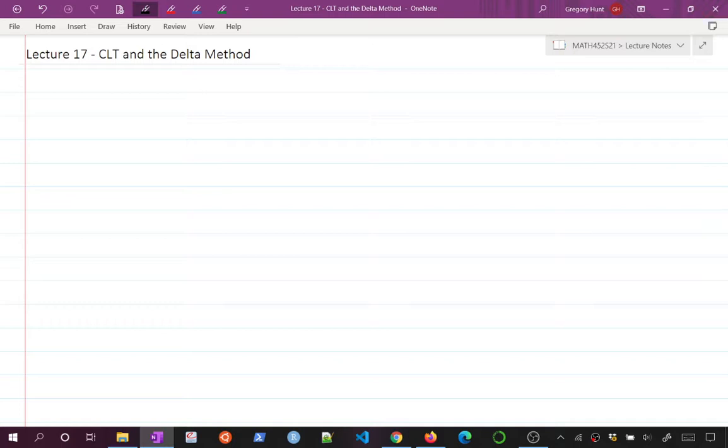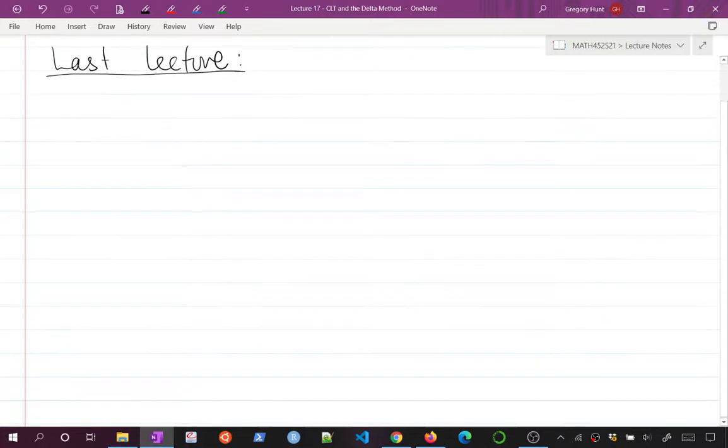And the central limit theorem is going to tell us something about sums of random variables, generally. In the last lecture, we had looked at, among other things, the laws of large numbers, or LLNs. And we had a couple of different forms. We had the weak form,